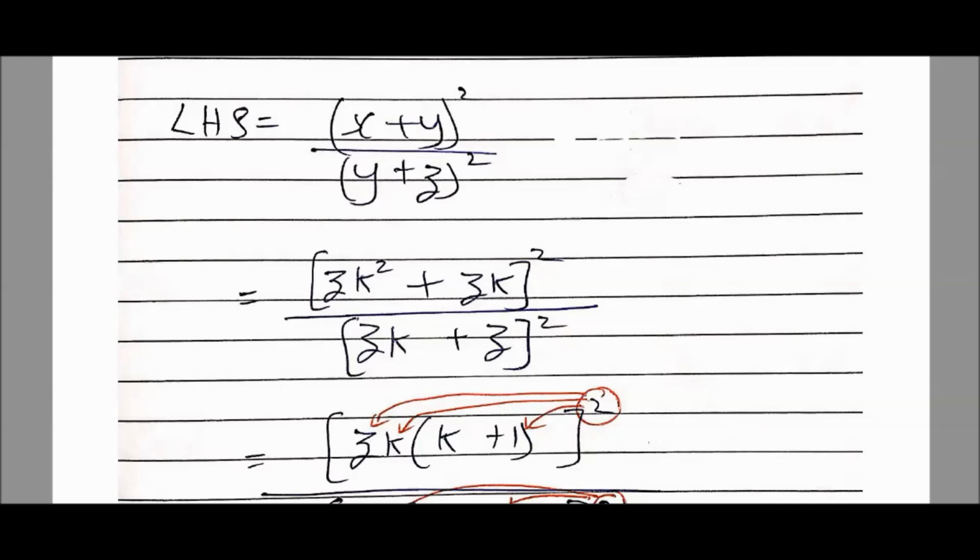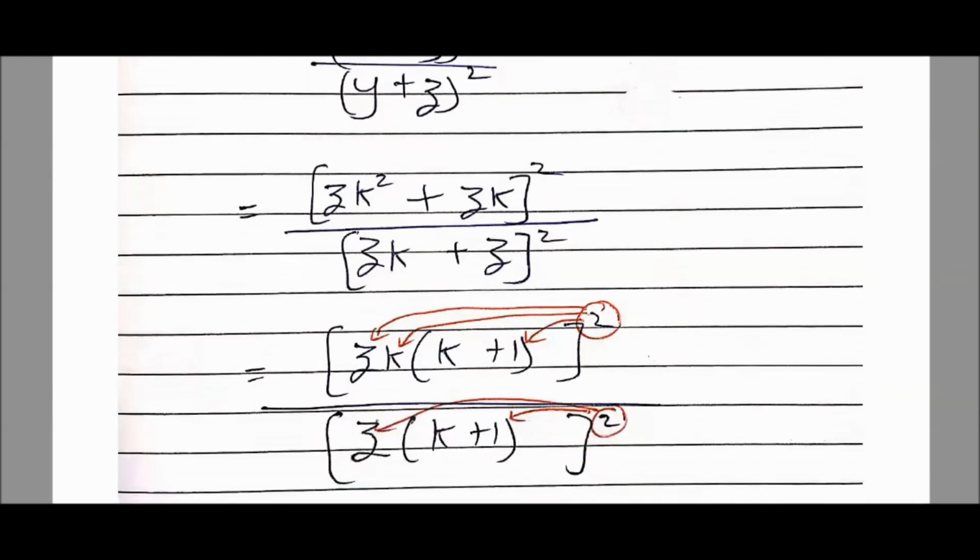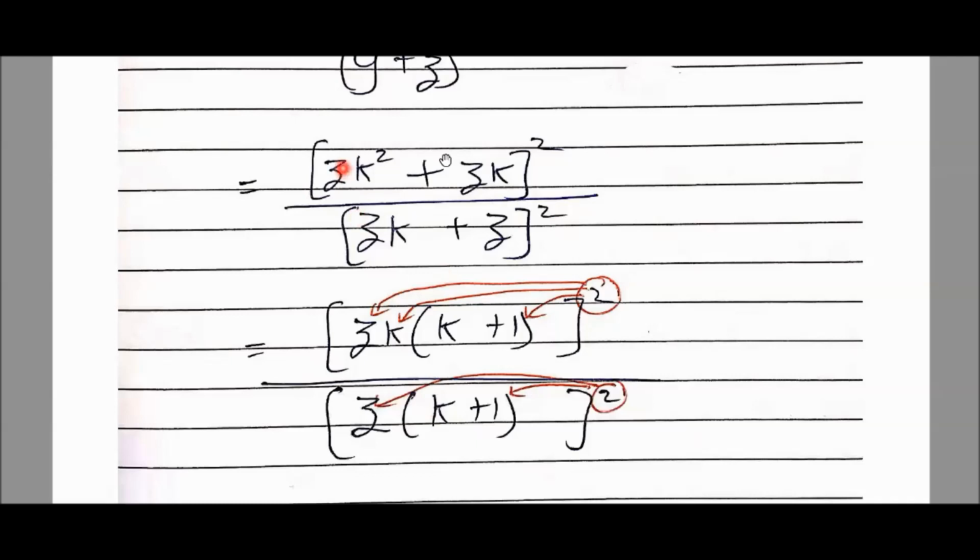Now students, here comes a very important step. Please pay attention. In the numerator, please see the numerator. See my cursor. Can I say here I have zk square and here I have zk? So from the numerator, internally, can I remove zk as common? Please see my cursor. I have removed zk as common. So can I say here it was zk square? So from this one time k will be remaining. So k is here, plus comes here as it is plus, and here entire zk is removed as common. So only 1 will be remaining. Don't forget to write this 1.